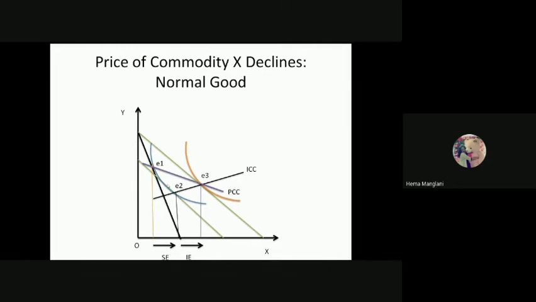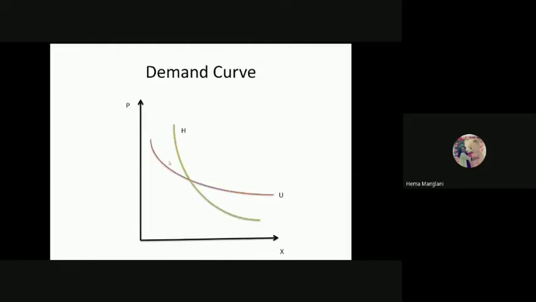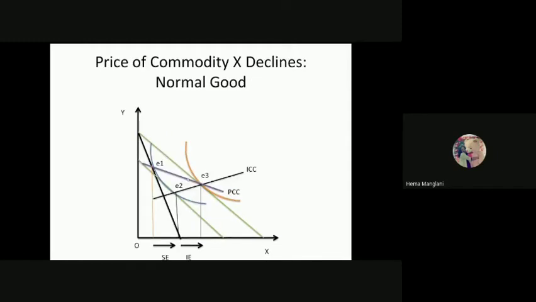So when I add E1 to E3, the gap, which is your price effect, which is your PCC, is actually summing up the substitution effect and the income effect. So from E1 to E2 and E2 to E3. I would go from E1 to E2, and then E2 to E3. This way, this gives you a flatter demand curve, which is an uncompensated demand function.